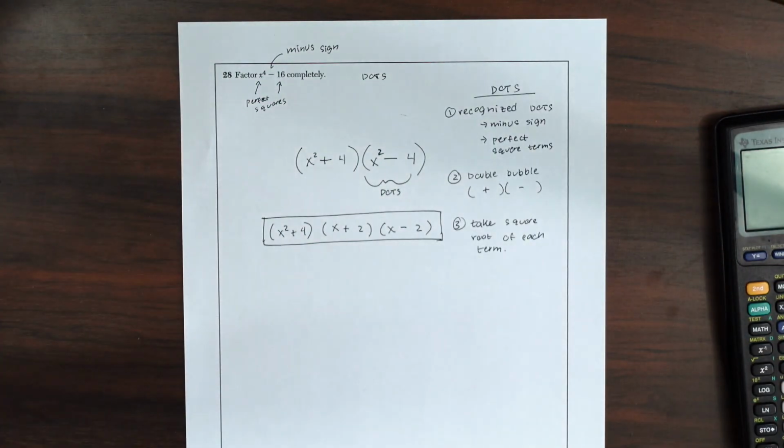So this is just the DOTS factoring method, but there's so many other kinds of factoring methods, especially when it comes to quadratic equations. So I happen to have a video on all the different kinds of factoring methods there are, and so please check that out in the top right hand corner of this video if you need a